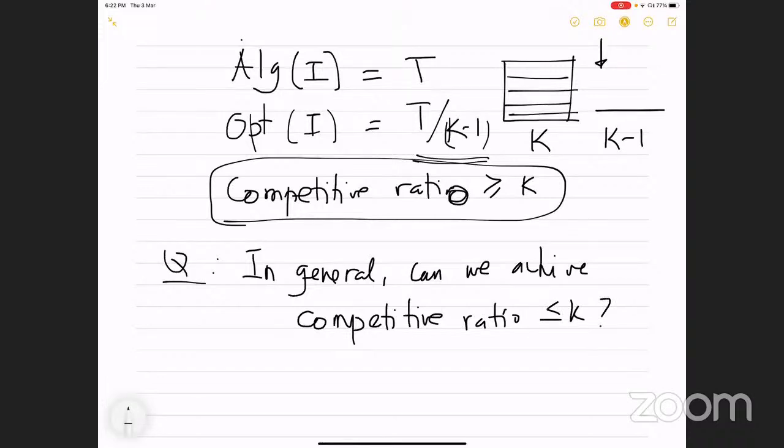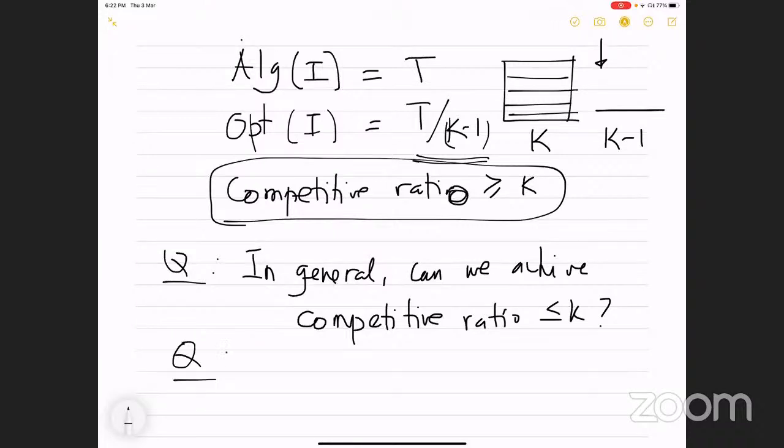The second question is, now this may seem very pessimistic, because it's saying that if you have a cache of size 100, you will be a factor of 100 off, and there's nothing you can do about it. And this very simple example shows that in practice this doesn't happen because, of course, there is some locality of reference and all that, but we're not looking at those things.